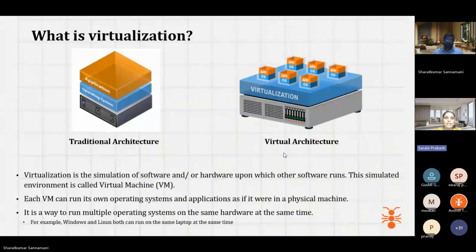The definition of virtualization: it is a technology which can be used to create the virtual representation of your server, a virtual representation of storage, a virtual representation of a network. So we are representing virtually, which is not real. We are doing some simulation where you cannot go and touch or use the real physical hardware. It is only an illusion, representing physical hardware virtually. This is called virtualization.